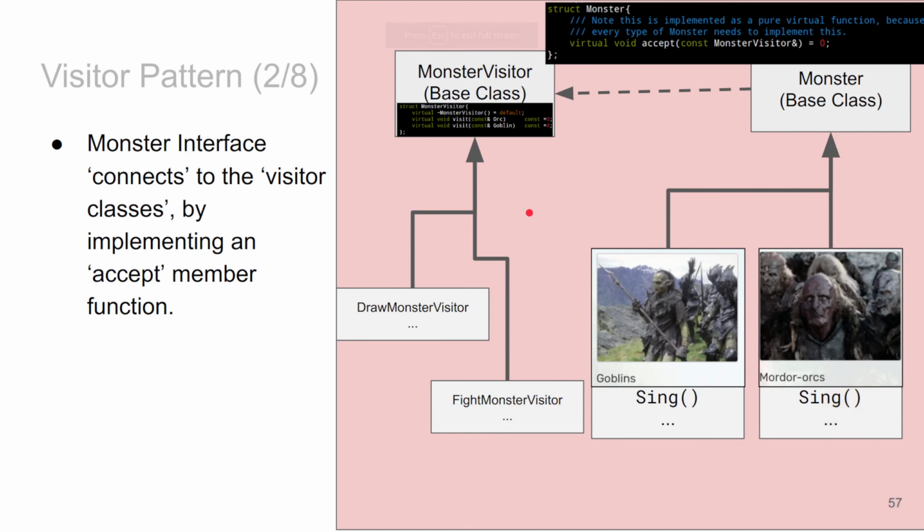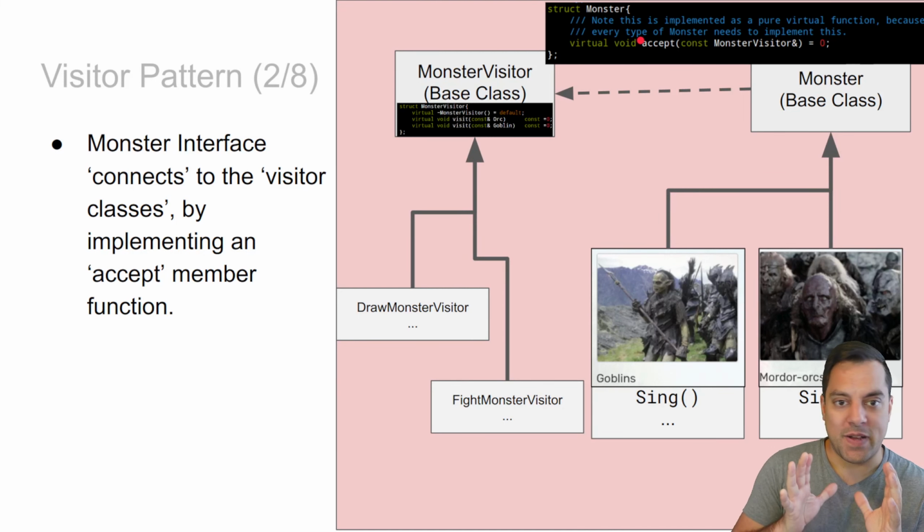Now here's the next step. How do I get these two to communicate? Meaning, how do I get these behaviors, drawing and fighting, into the monster class here? Well, my monster base class now is going to have one single accept function for the behaviors that I want to accept. And this is a kind of subtle idea here, but I want to emphasize